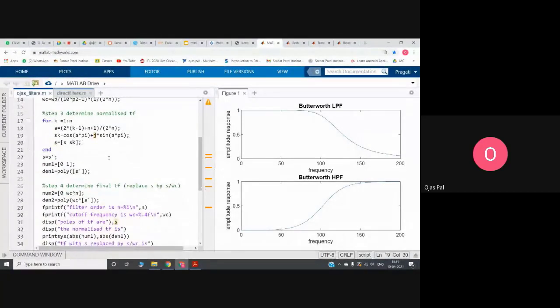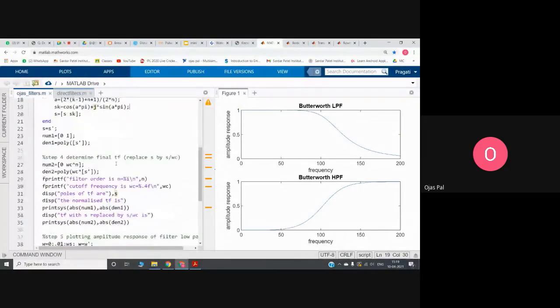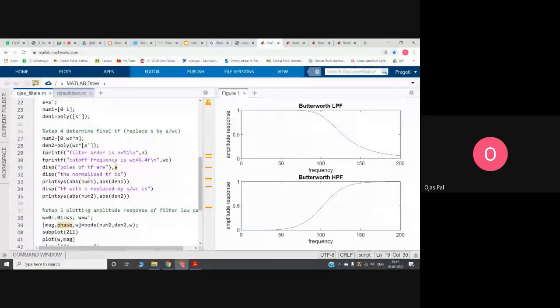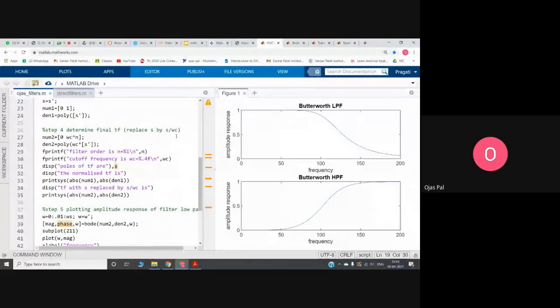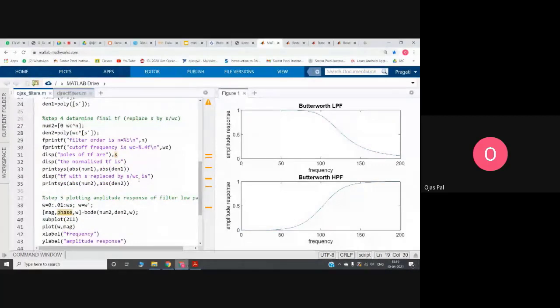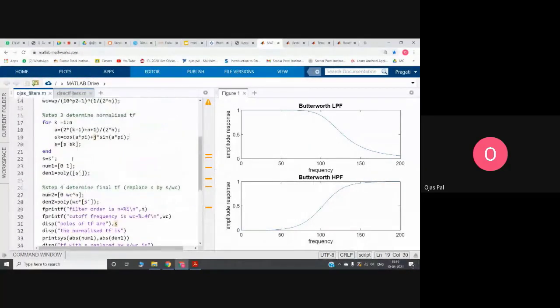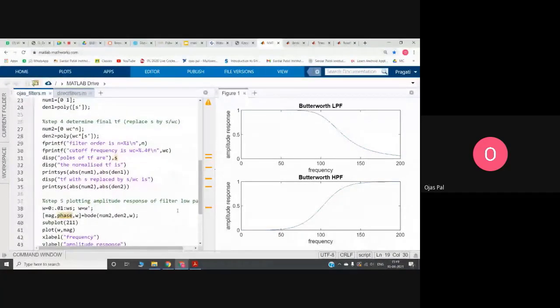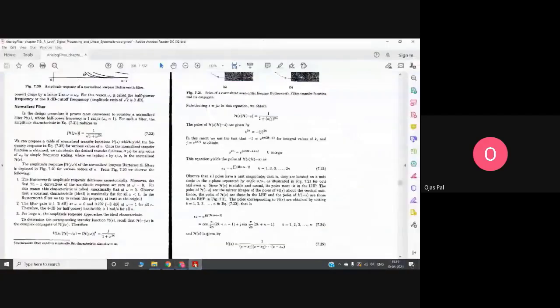So in the normalized transfer function, we considered omega c as 1. Now, to determine the final transfer function, we have to take the actual value of omega c. So now we will replace s by s by omega c. Even here there was s by omega c, but the value of omega c we assumed to be 1. So now this is the final transfer function which we are going to find out here.